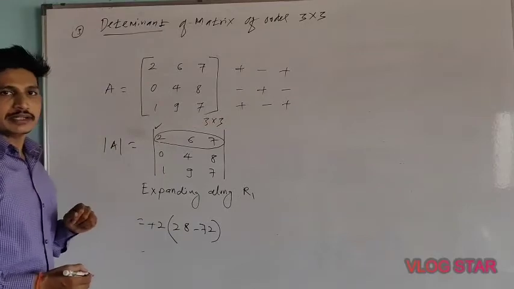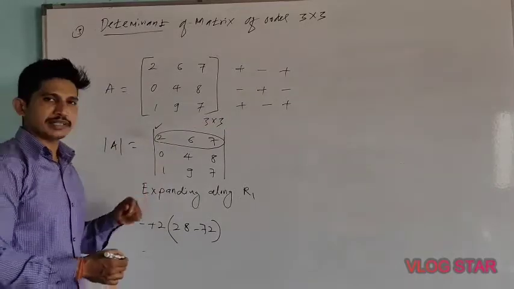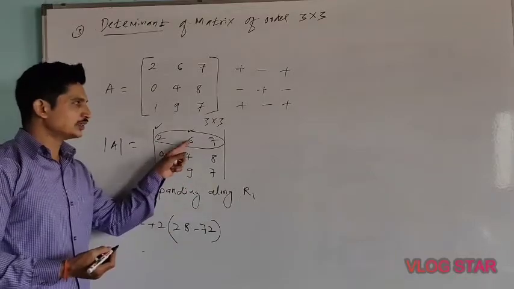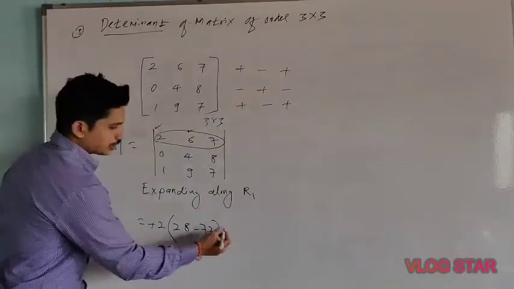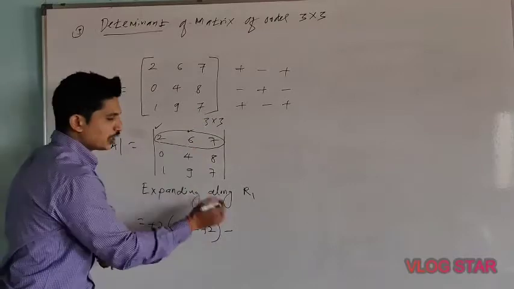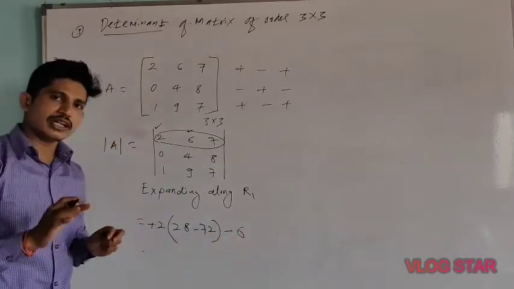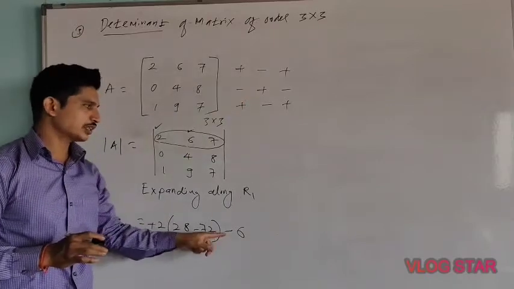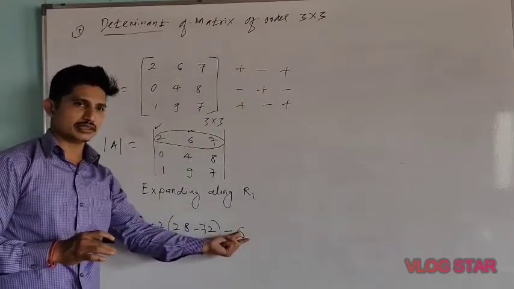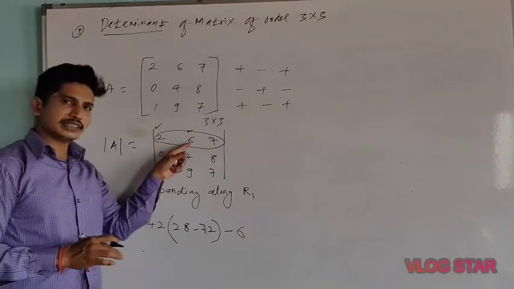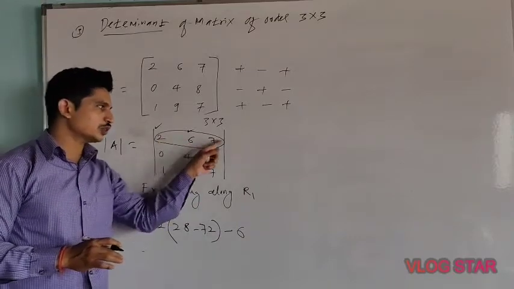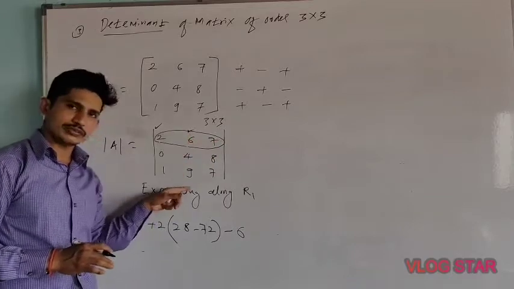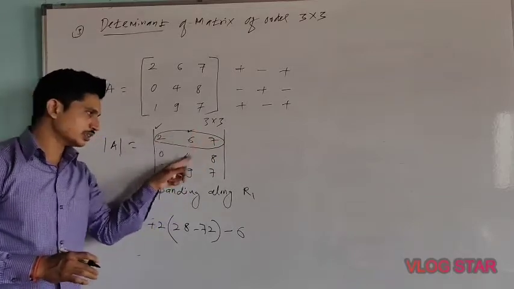Okay, now let's expand by second element. Second element is this, in the row number 1. Okay, for this sign is what? Minus sign. So first write here minus sign. Element is what? 6. So whenever you are expanding, first write the sign. Sign is what? Minus, and then write the element. Okay. Now 6 in which row? 6 is in the first row. So remove the first row. And 6 in which column? Second column. So remove the first row and the second column.